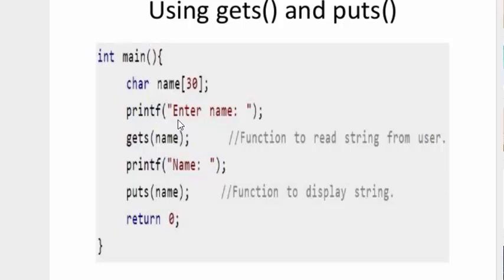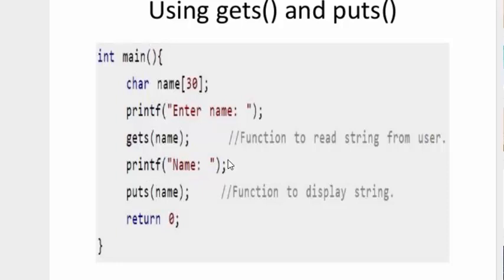So here we are going to read the array elements. For that we have first displayed a message to enter name. So gets name will read the elements for the name array. Name is our string here and it will read the whole string at once. Let's say I want to read hello. So the gets function will read hello and store all the characters in the name array, that is our string.